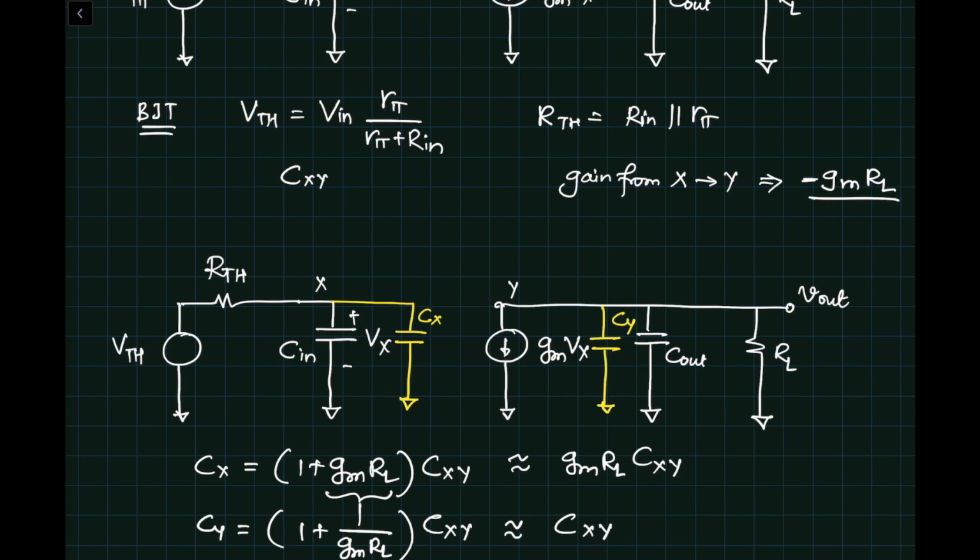If this looks new to you, then please look at the Miller effect and how we split the gap between node X and Y. Whenever we have a gain from node X to node Y and a capacitance between those two points, we can move that capacitor from node X to ground and node Y to ground using the Miller effect. And that's what this is all about.